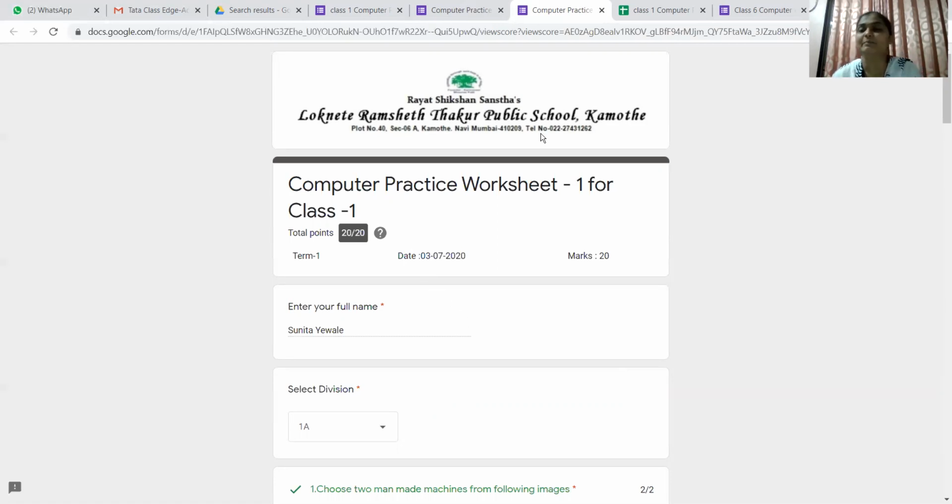See, now this was the practice worksheet. So same questions won't be there in the exam assessment, but the pattern will be same. Like first choose the images, second will be like odd one out, then it will be true or false, then missing alphabet. So the sequence will be same. So obviously the images will be different, right? So yes, I hope that now you parents and also students will understand how the questions are going to come and how they can solve it, right?